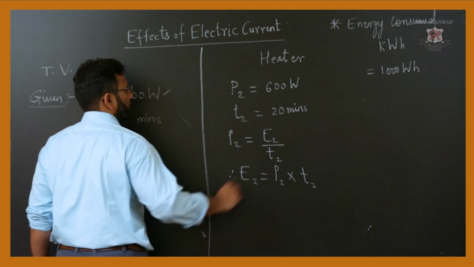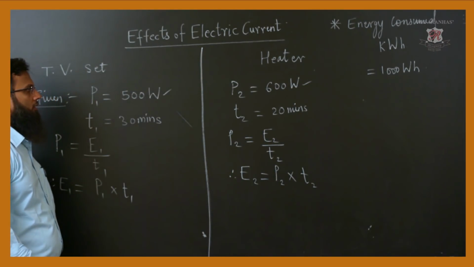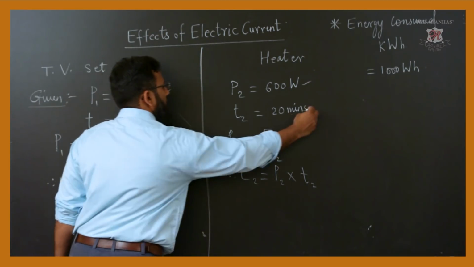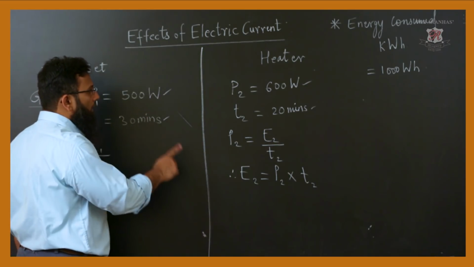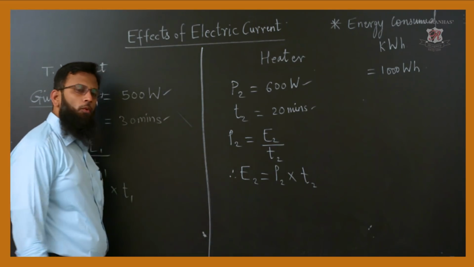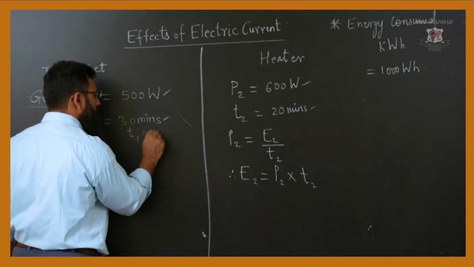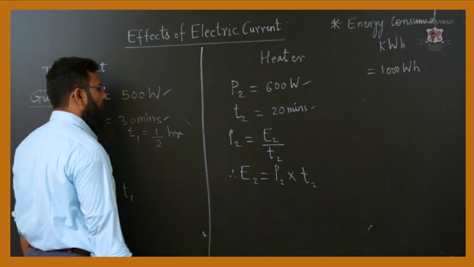So, the unit for power need not be changed, but if you see time duration is given in minutes, we need to convert this time duration into hours. So, I can say 30 minutes is half an hour,